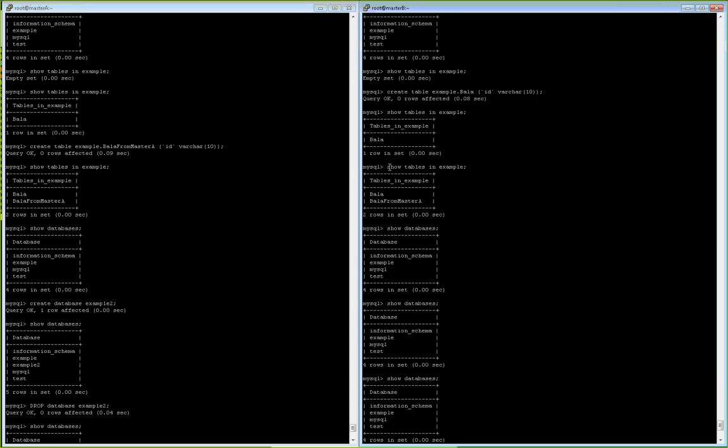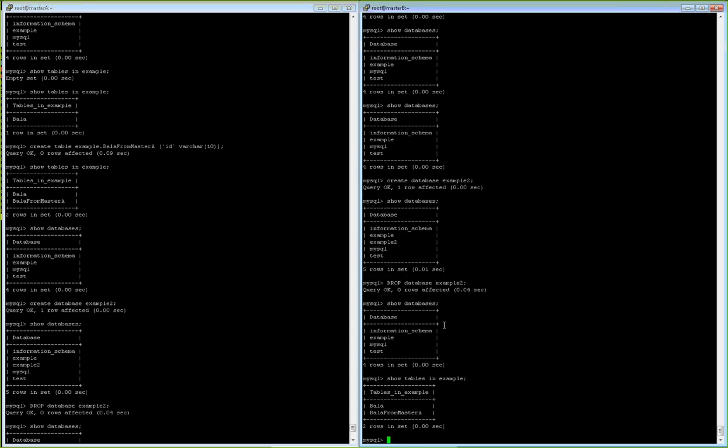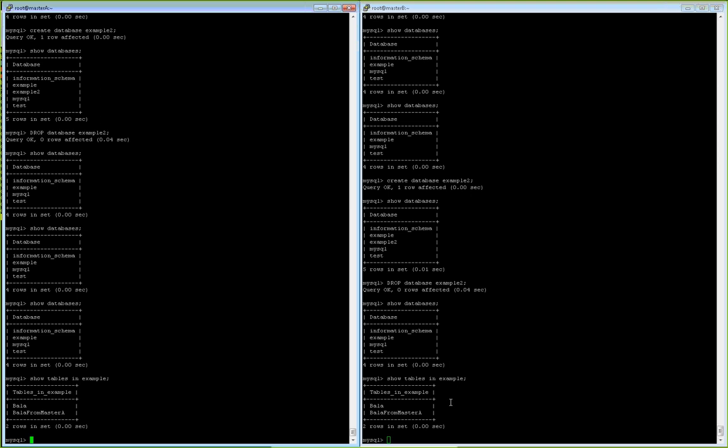Yes, that's all right. So this is where we are presently located. This shows the replication among the two, and say if I want to, let me drop table example dot. If I'm dropping this table that was created here, right? So if I were to drop this from here,